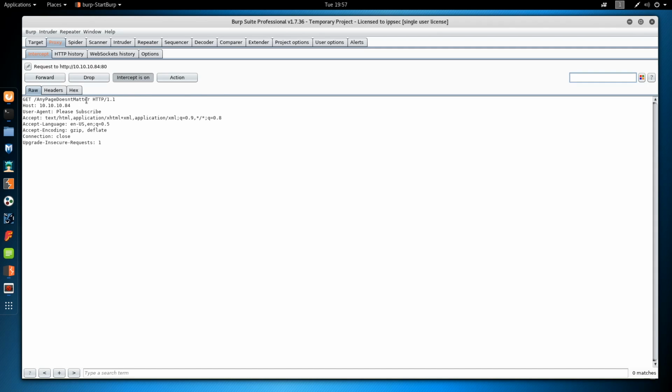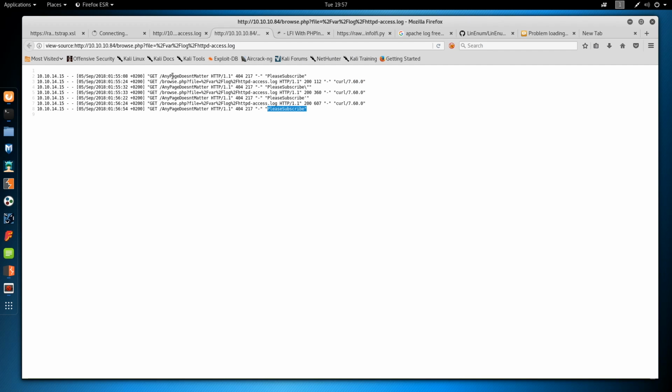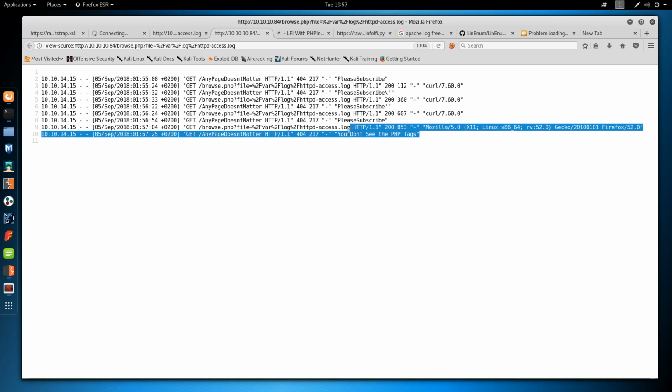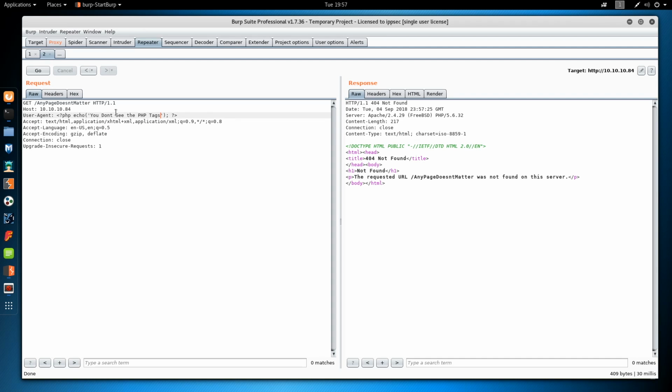So if we changed "please subscribe" to... you don't see the PHP tags, refresh this, and you still didn't see the PHP tags, which are these things. So we know we have code execution. So let's put something in here. So let's do